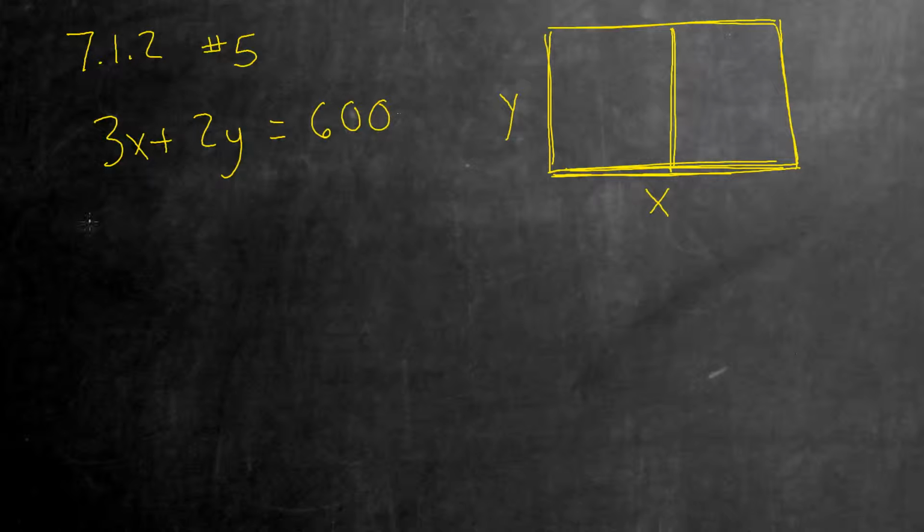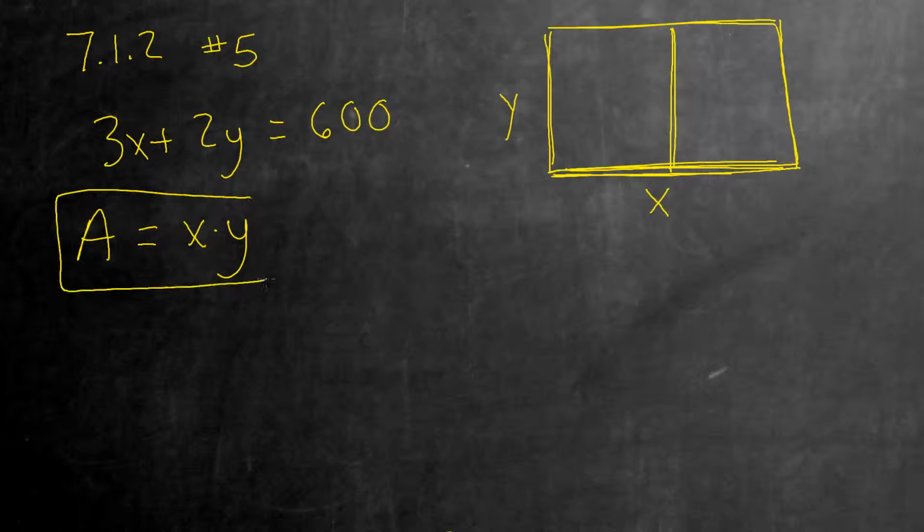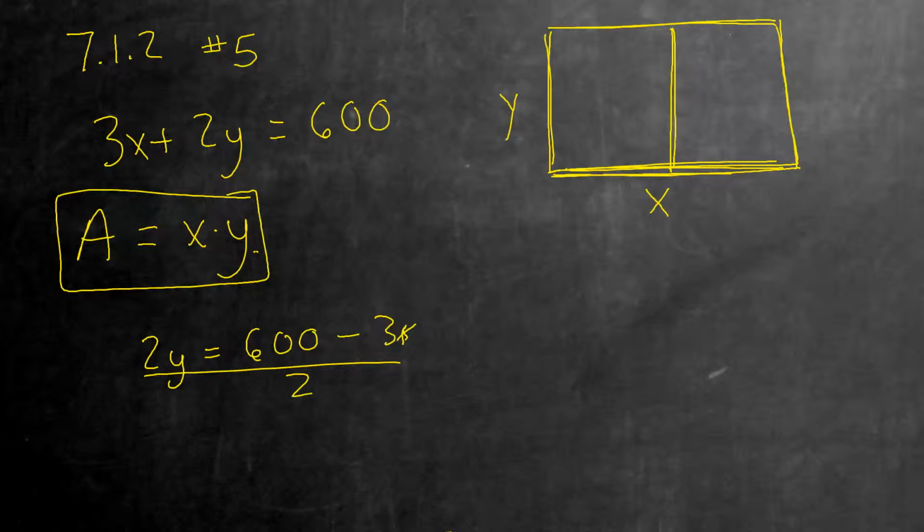We want to maximize the area. The area is x times y. So this is the function we want to put in our calculator, but we can't put in an x and a y with an area equation. So we take our first equation, and typically we're going to solve for y and substitute it in the next one. So I'm going to subtract the 3x over, so 2y equals 600 minus the 3x, divide by the 2,